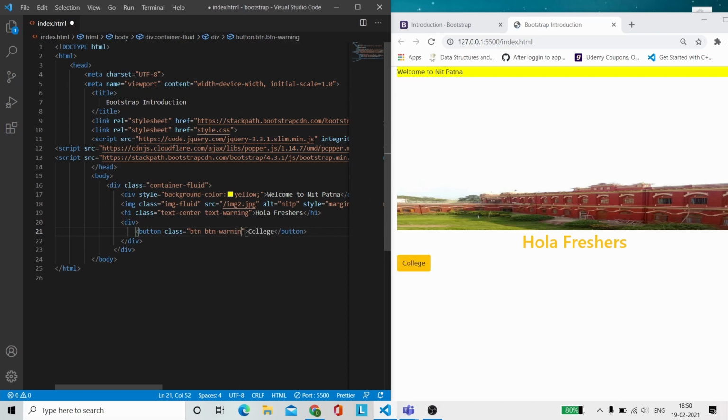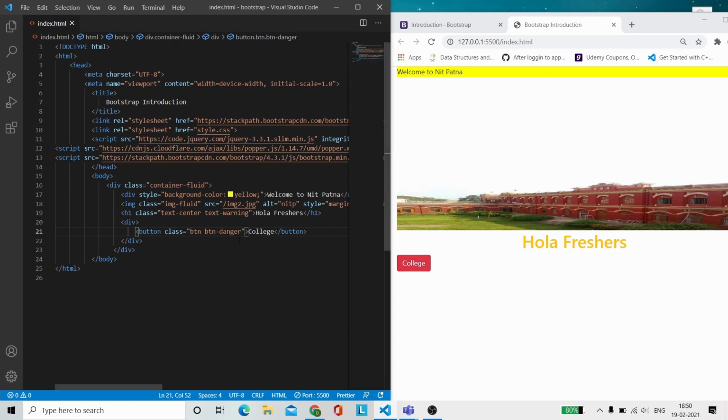Depending on different classes, yeah, danger will be red. Okay, so these are the different classes. We need not do the styling, give it a curve, and all the styling which we usually do when we are using CSS. We have predefined classes for that, which are built in Bootstrap.